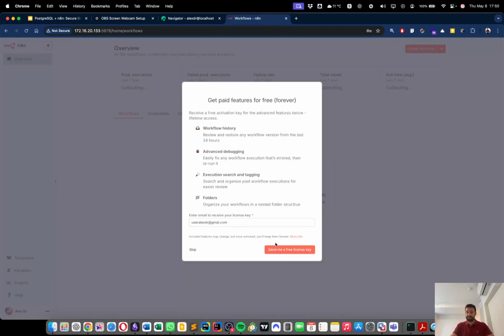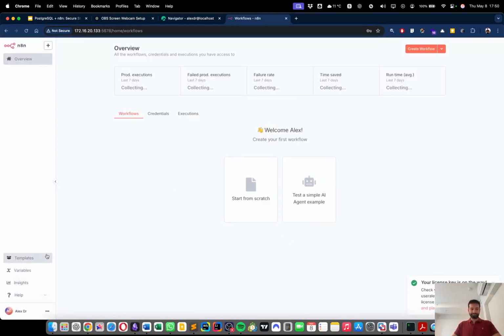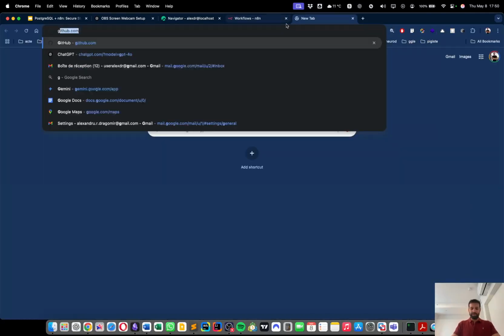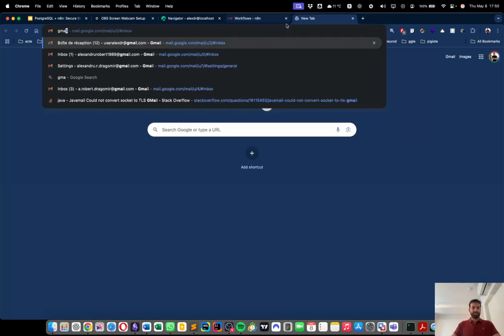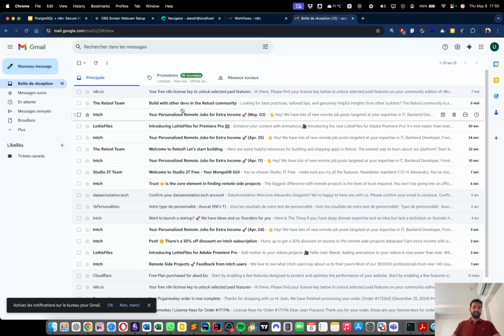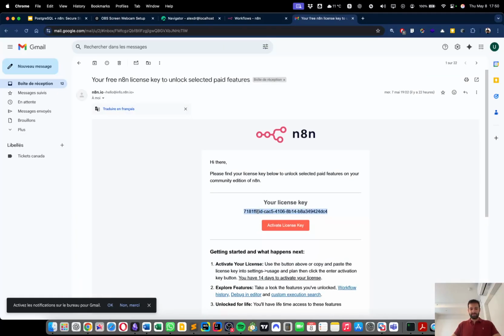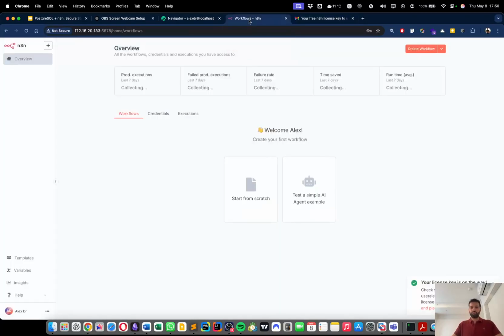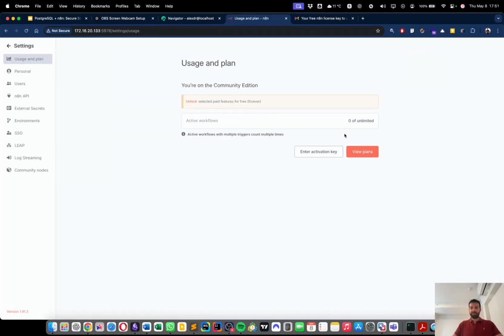I can get a free license key. If you remember, this gives me more control over the n8n instance. I will go to my Gmail, AlexDR, this one. I already did this yesterday, so I should have a license key. Don't worry, I don't use this email address, so there is no security issue here. Also, you won't be able to use it for your own account. Then I will activate my license, enter activation key,